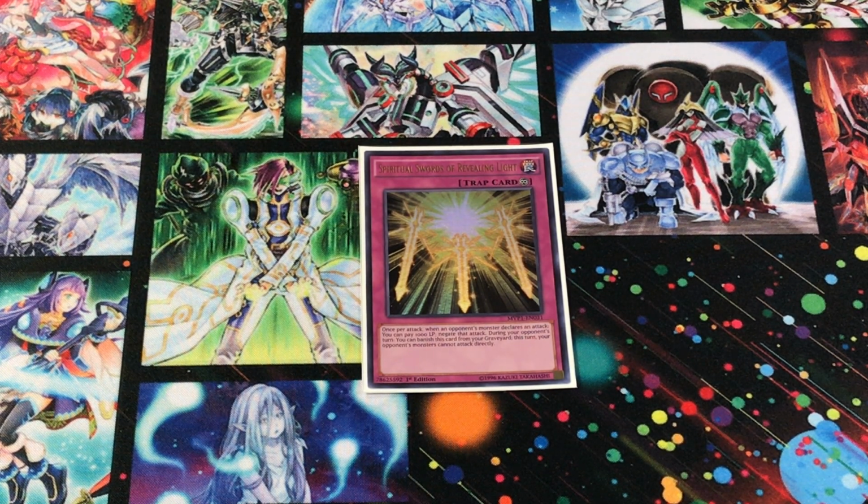Why would you even do it? It could be destroyed, right? Well, you use it to send it right to the graveyard, where it says during your opponent's turn, you can banish it as a quick effect because it's a trap card, and make it so your opponent cannot attack directly that turn. So that card makes it so it can be played at will to trigger your Paleozoics,